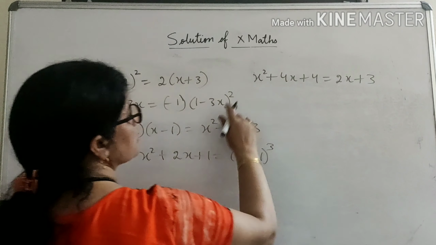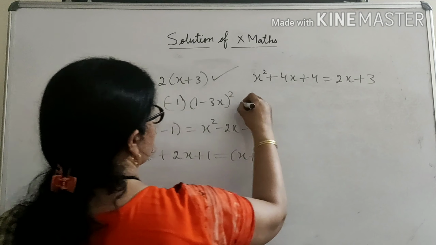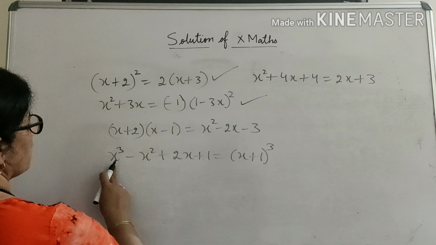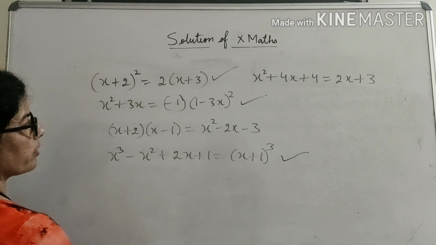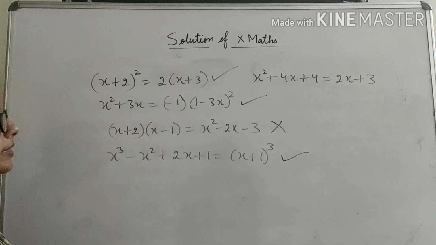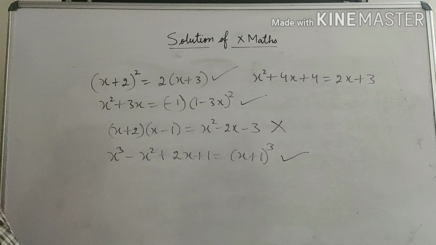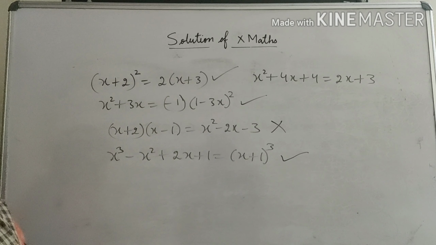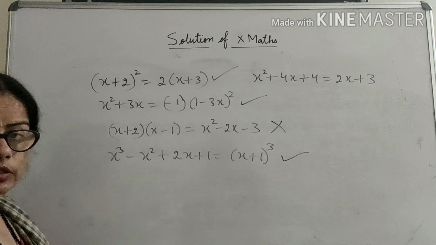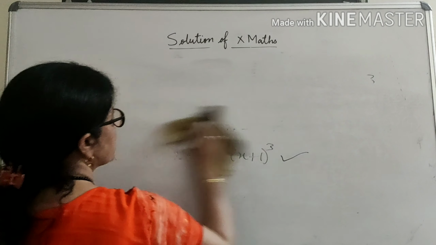When you bring all terms to this side, this will be a quadratic equation. When you solve this, it will also be a quadratic equation. When you solve this, it will also be a quadratic equation. But this will not be a quadratic equation, because x square on the left and right will cancel. The highest power will not be 2, only one power will be the highest. So the right option is C. C is the right answer.